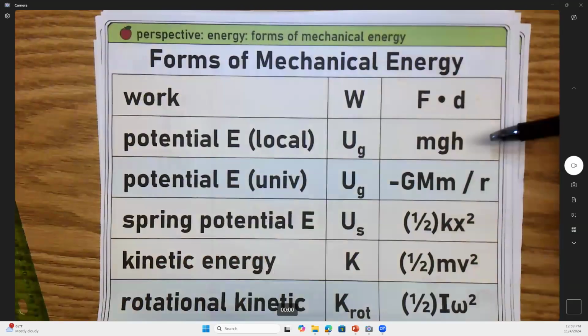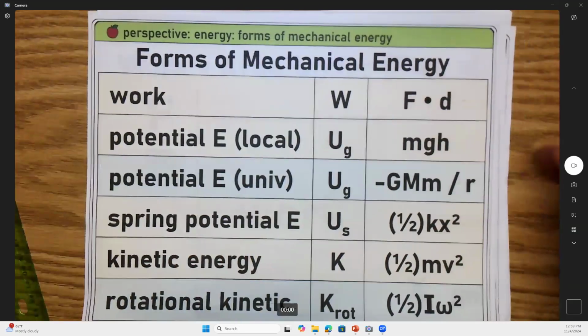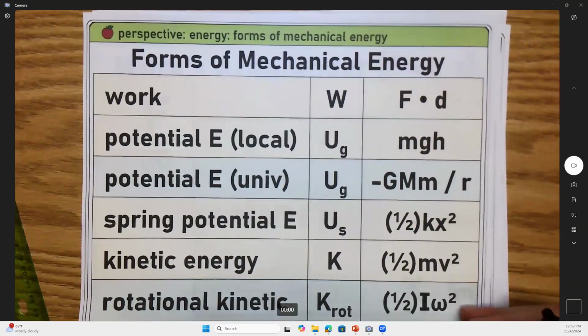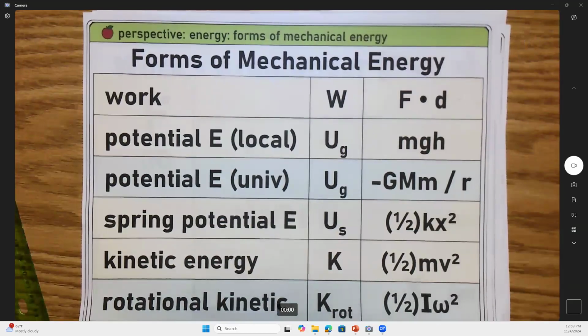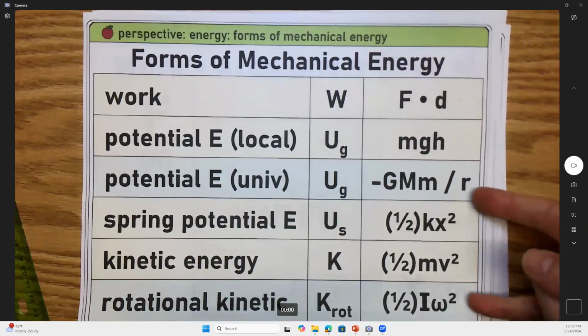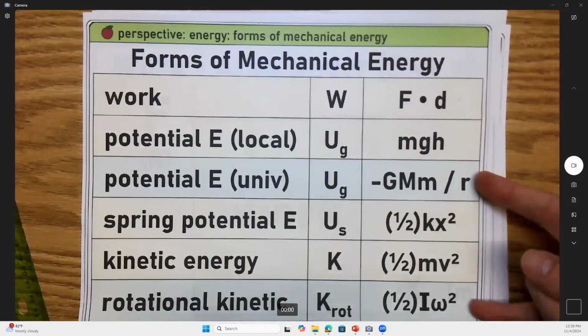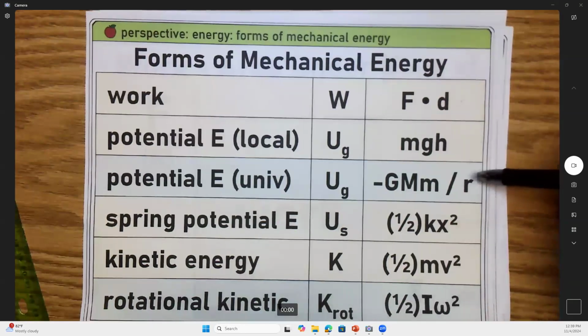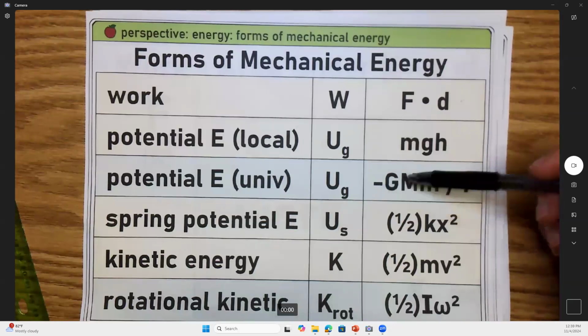Now, do you see those different colored rows? I have a gold row, gold, green, gold, gold, green. What I'm trying to do is help distinguish a little bit. These green rows are a little more abstract, a little deeper into physics. We're not going to touch these green rows very much, but mostly the gold rows. So what is this green row? I actually have 2 rows for potential energy. Let me show you why.